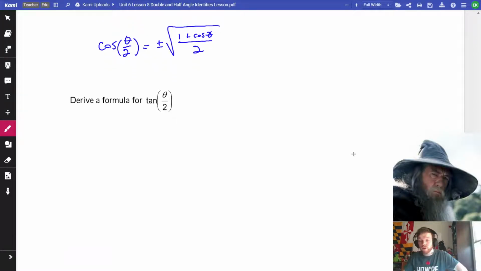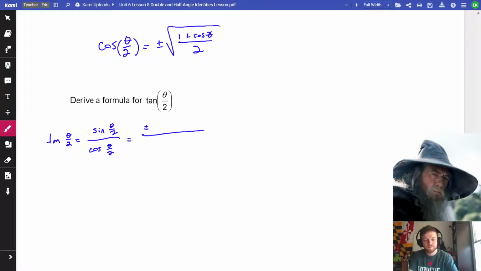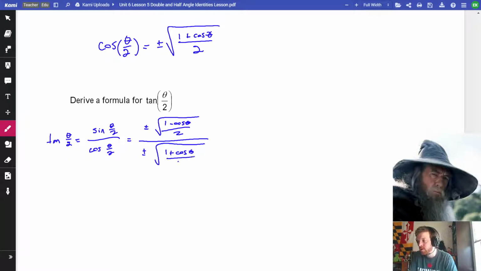Okay. We do have a theta divided by 2, and it's kind of nice actually, because we're going to combine these two. Tangent theta over 2, just like we did last time with Mrs. Contreras. That's just sine theta over 2 and cosine theta over 2. And we have those formulas now. Plus or minus the square root of 1 minus cosine theta over 2 and 1 plus cosine theta over 2. Right? The formula is going to get nicer than that. But that is your tangent half angle formula. The tangent ones are always less